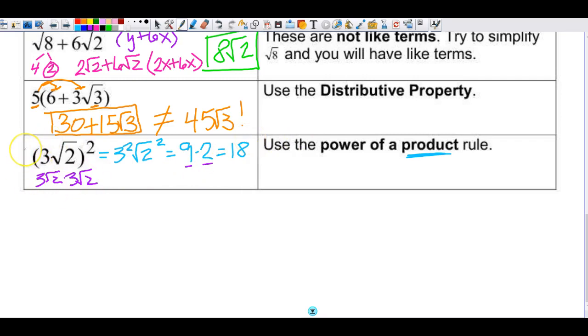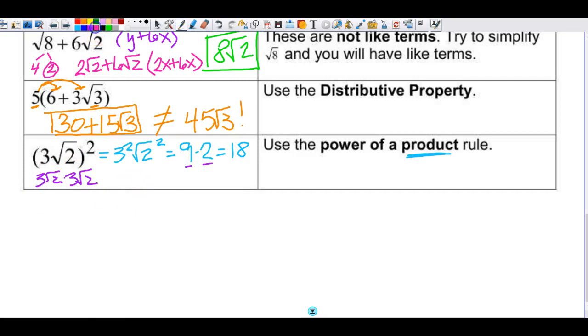If you type this in the calculator, I would not suggest that at all. Even when you're allowed to use calculators with this stuff, it is safer for you to do this not on the calculator, because what happens to the majority of people is that they don't type it in right. They think they're typing it in right, but they're not. And then you just take what the calculator says as gospel and be like, oh, well, that's what the calculator says. It has to be right. And you're not really paying attention to what you're getting. So just make sure that you understand the concept so that you can do it and get it right every